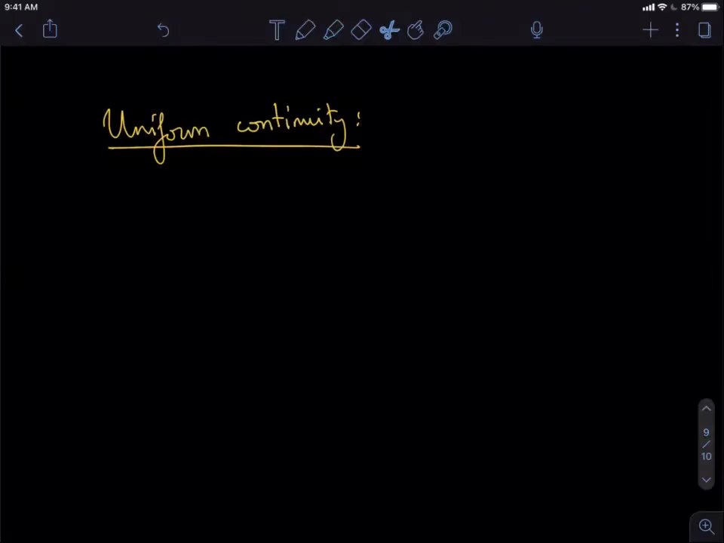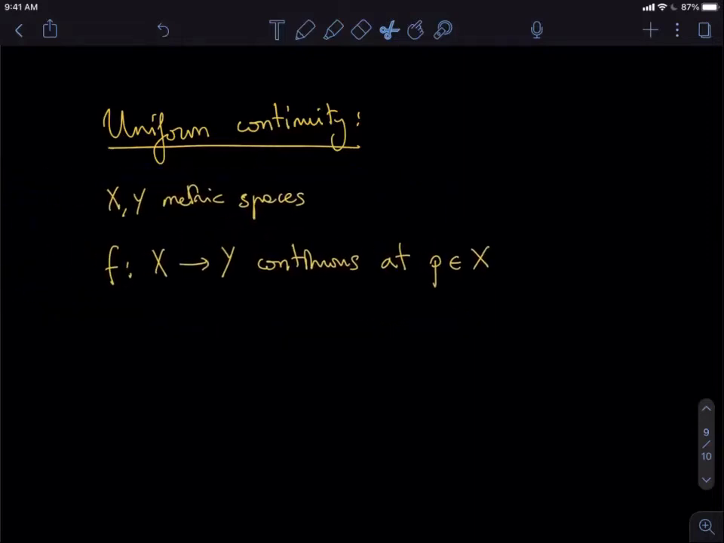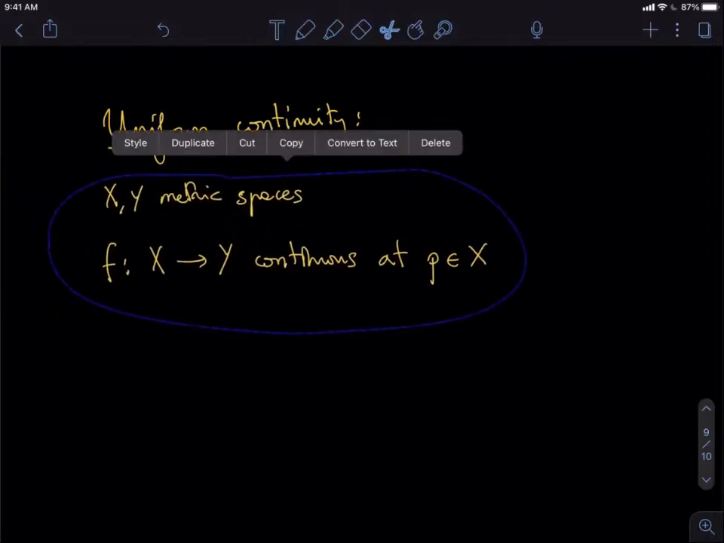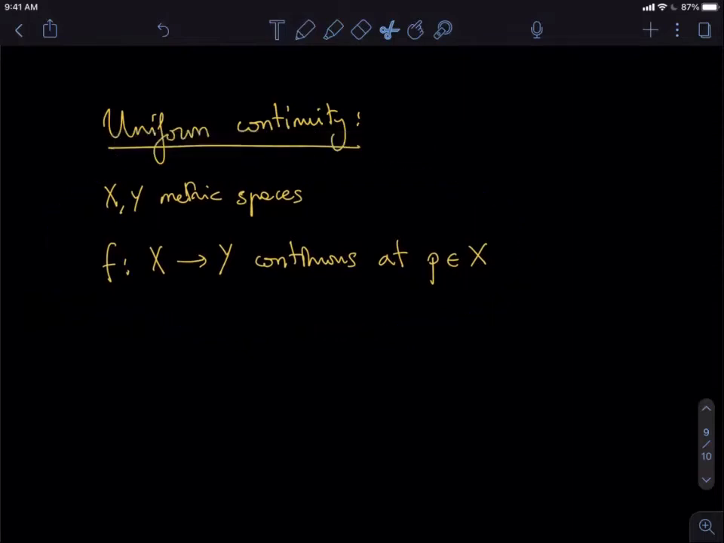Let us discuss the notion of uniform continuity. So what does uniform continuity mean? To understand that, we need first to recall what was the definition of continuity at the point. Okay, so if we have two metric spaces, X and Y, and a continuous function between them,